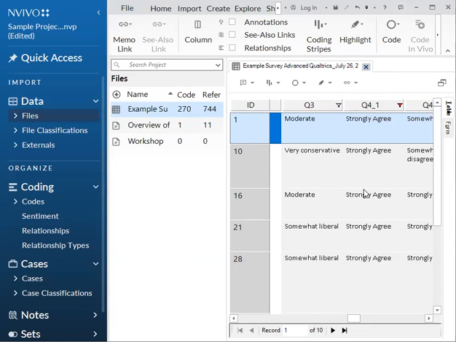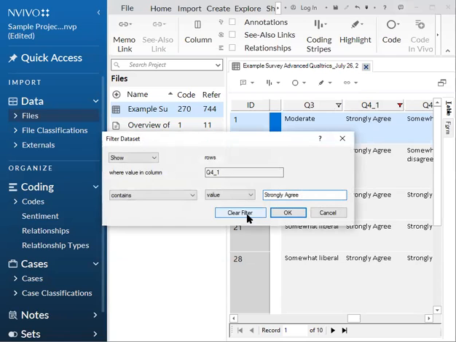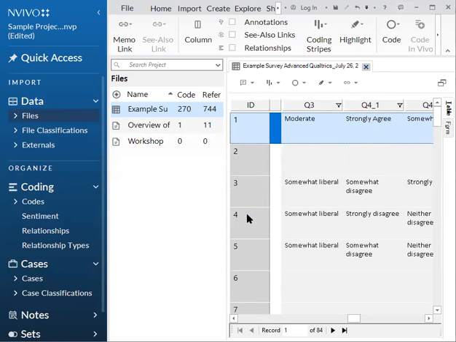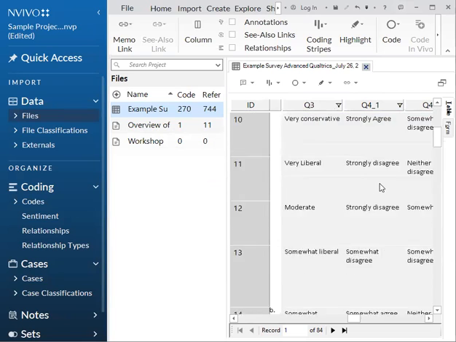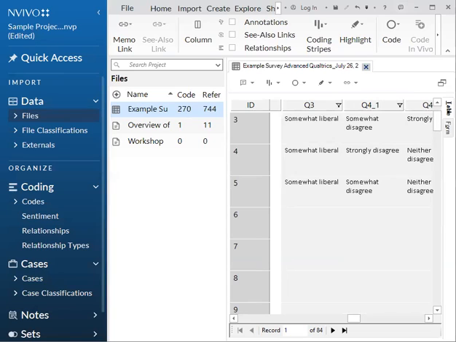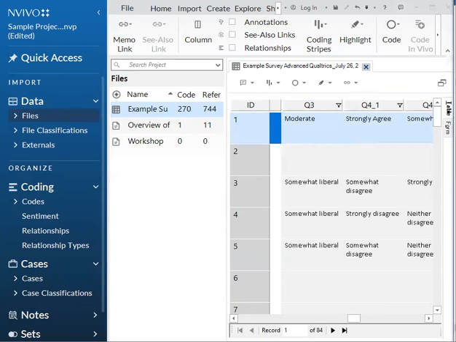Make sure it matches the text. So I'm going to go ahead and clear that filter again. Just wanted to show you another example that wasn't a demographic question. So clear filter. And there we go. All right.